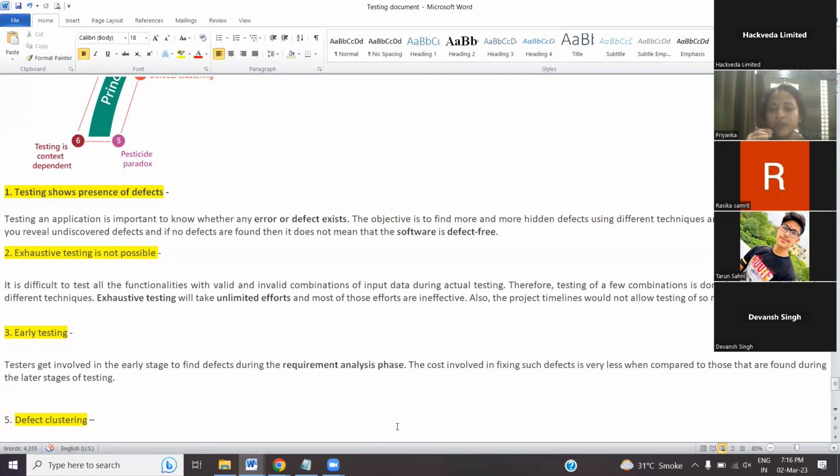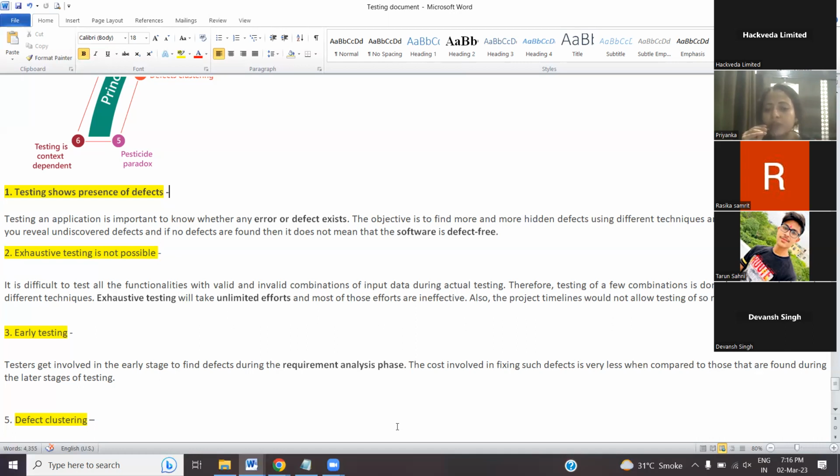It should not be like you have completed the testing of the complete Facebook application, then when we have to deliver the application to the client, you are saying, boss, we have some defects. That is not the professional way, because